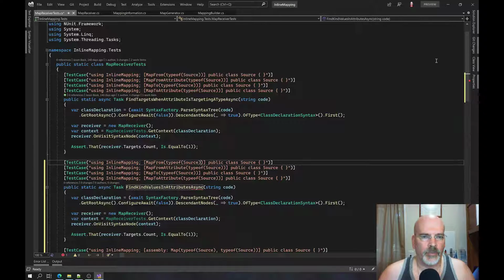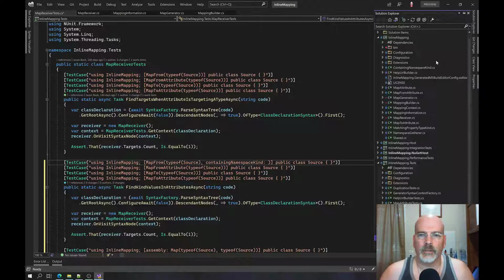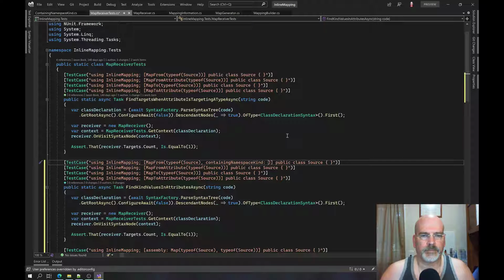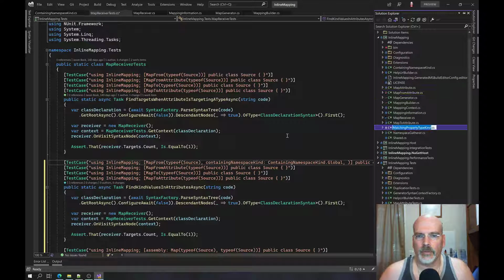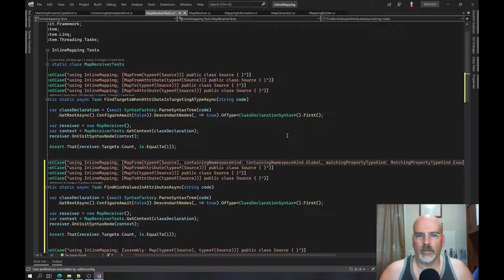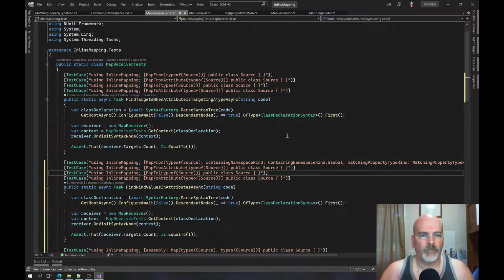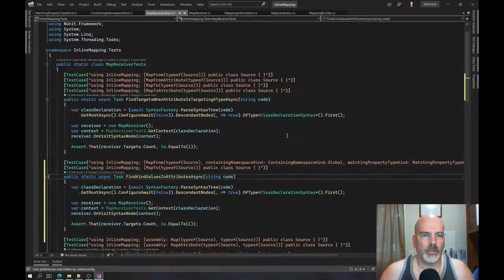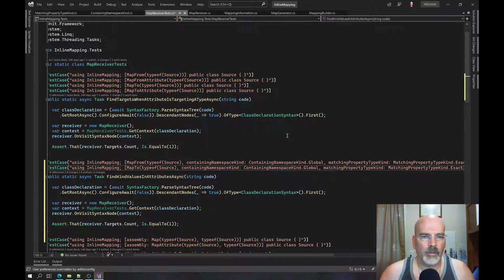And so what I want to have here is type of source, and then I want to say containing namespace kind. We'll call it global. And then what's the other one? Matching property type kind is going to be exact. Yes. Except that's going to be that there. Okay, a little ugly, but that's okay. These we don't care about, because we want, this is what we're mostly concerned about, is that it's these values. Okay, and then we want